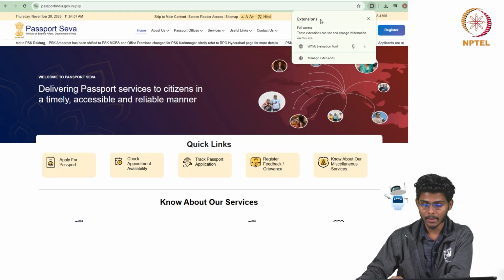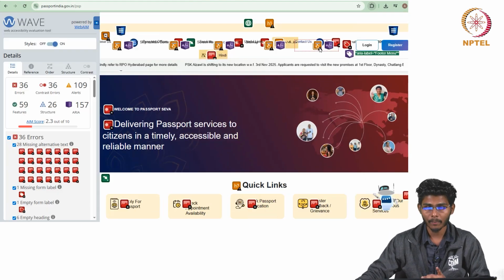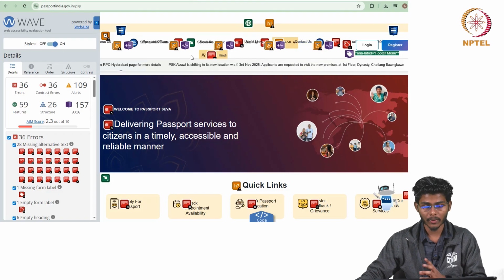In the interface, here you can see in the extensions tab the web evaluation tool. When we click the web evaluation tool, it will automatically generate the whole report of the interface.